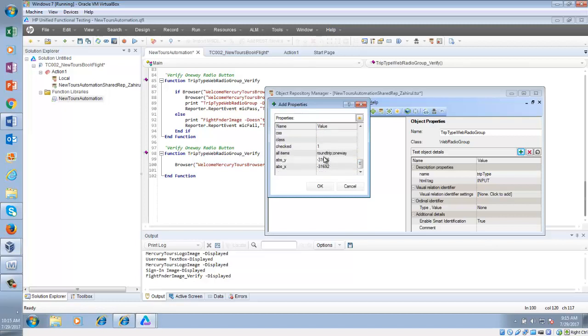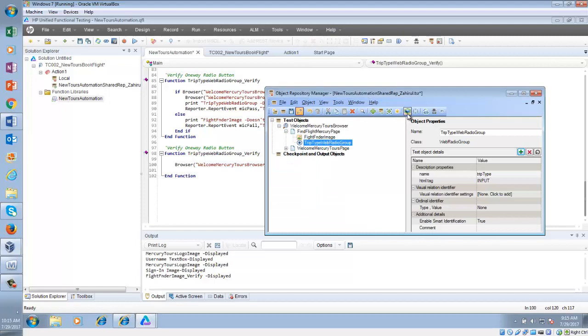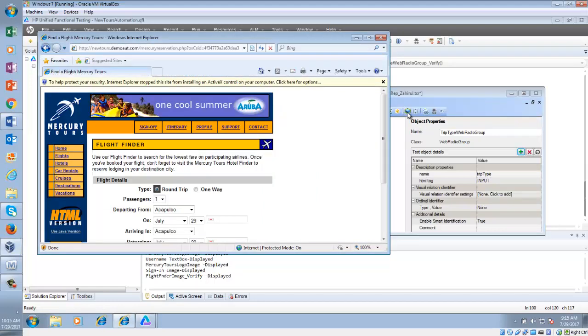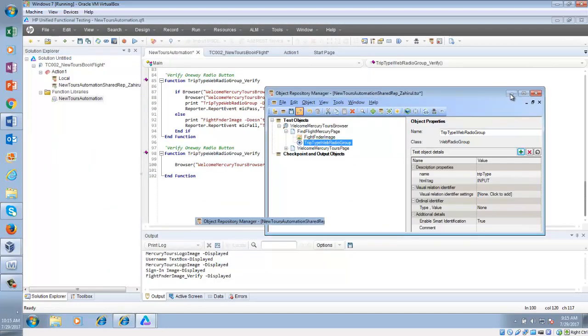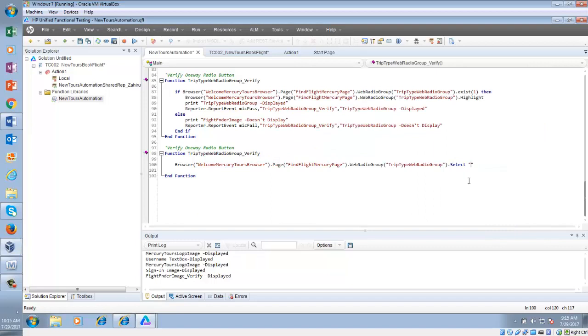Round trip, one way. So what are the items? Round trip and one way. And when you have two items, remember the first item is #0 and the second item is #1.